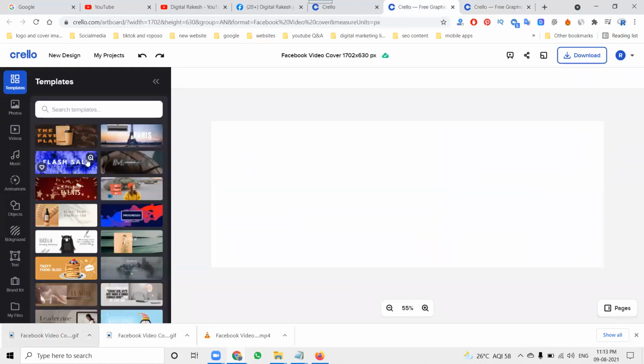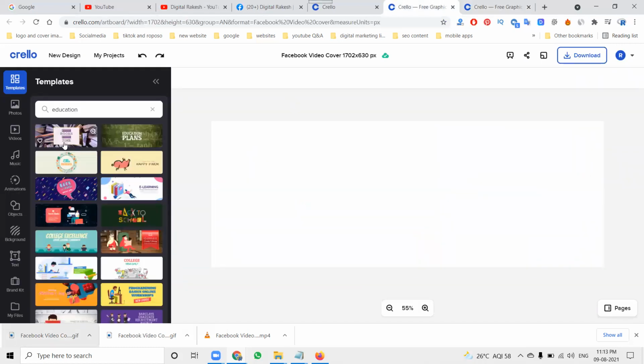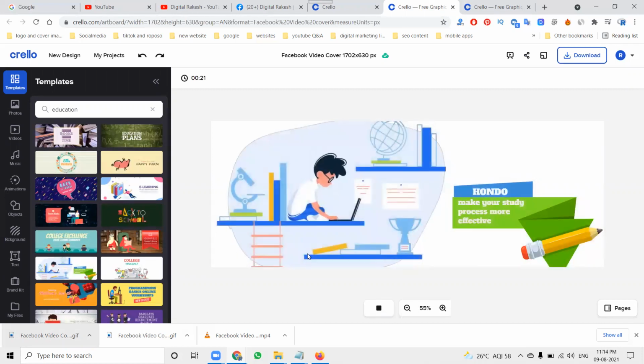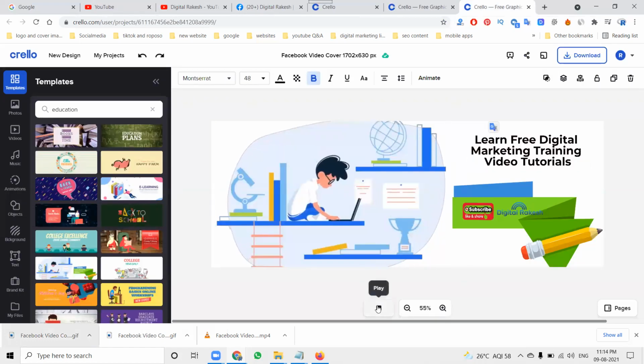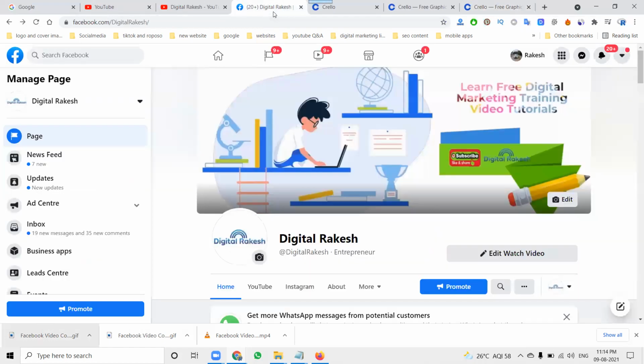I have to create one more, education. This should actually play with this option, but what is the reason it does not play here? It will play.